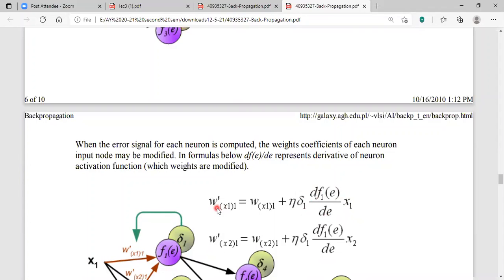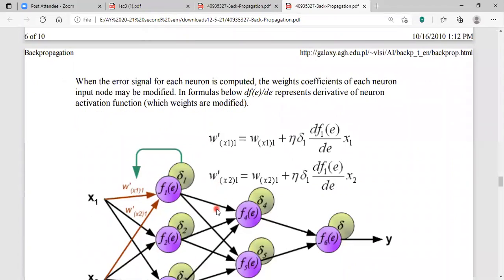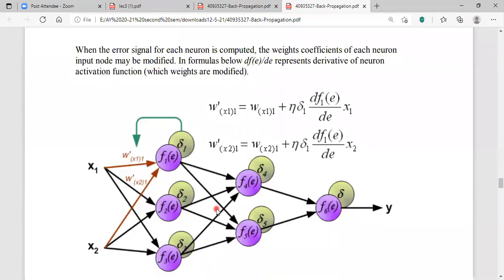So whatever the weights may be, you need to modify all the weights: wx11, wx21, wx31,